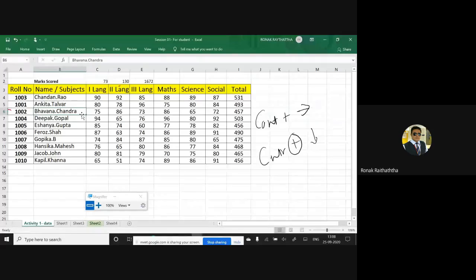So please note it down: Shift plus Control plus the right side arrow, or up arrow, or down arrow, or left arrow as per your requirement to select it. This was Control plus Right Arrow, Control Down Arrow, that was to reach the last cell. This one is to select up to the last cell. I hope you are able to identify the difference between the two. Till now, any queries or questions, all of you?